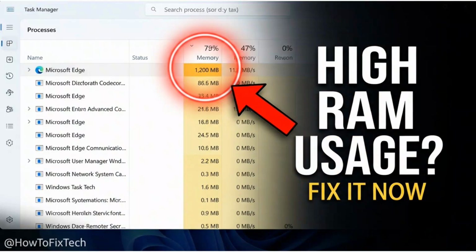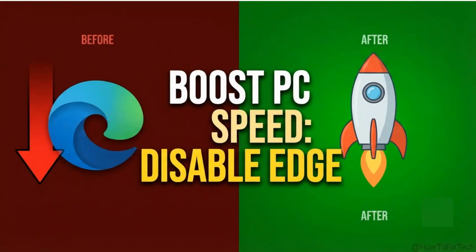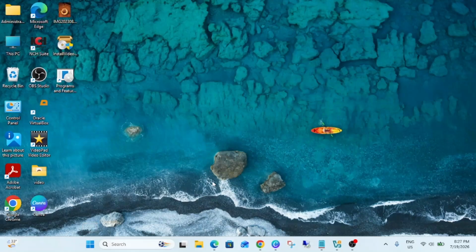Today I'm going to show you how to diagnose exactly what Microsoft Edge is doing to your memory and how you can limit its resource usage to get your system speed back to where it should be, and whether you should keep it on your PC or uninstall it. So let's start. First of all, you have to open your Edge